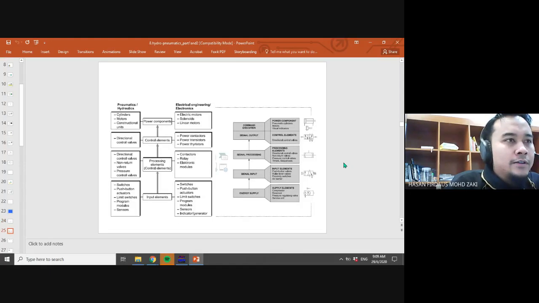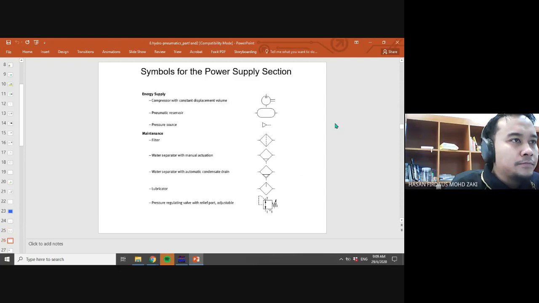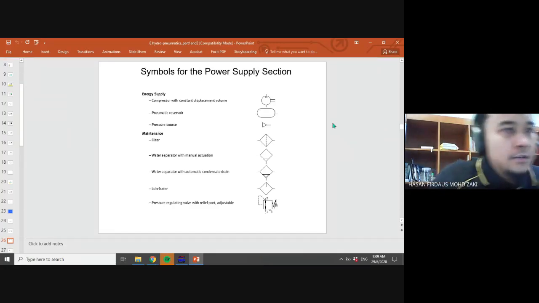This is what I said just now. Switches go to the processing element, or in some cases this might be skipped, so maybe they go directly to the control element and then to control the cylinder. After this you will see some symbols that are very important for your